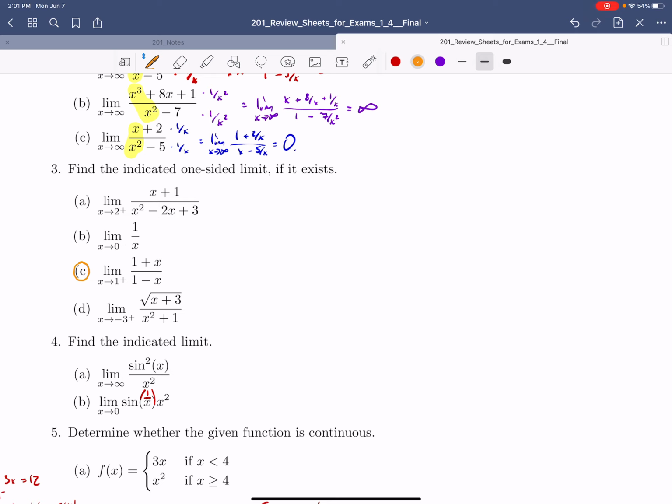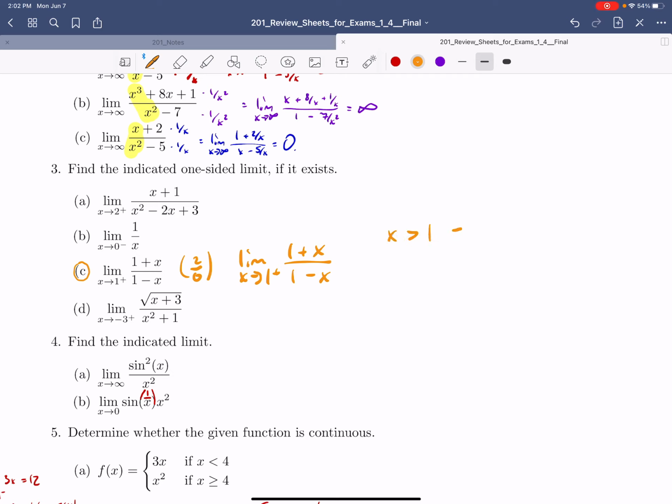We know that if we plug in 1 for this limit, we're going to get 2 over 0. So we know that our limit's going to be infinite, and the question is whether it's going to be positive infinity or negative infinity. But just take a note on this one. It's a little bit different because instead of x minus 1, it's 1 minus x. So stuff is a little bit backwards. There's not a whole lot of work to show, but just keep in mind that x is greater than 1,